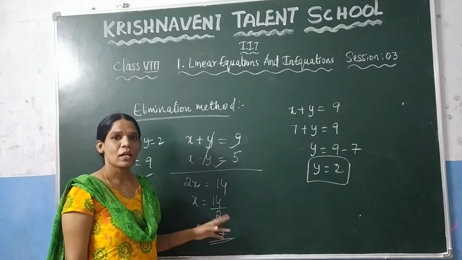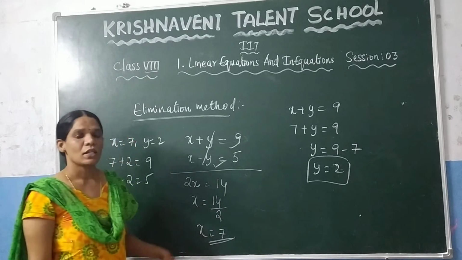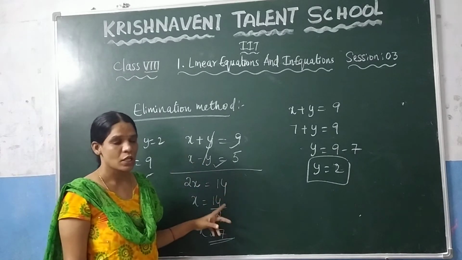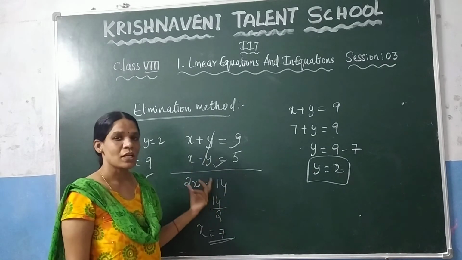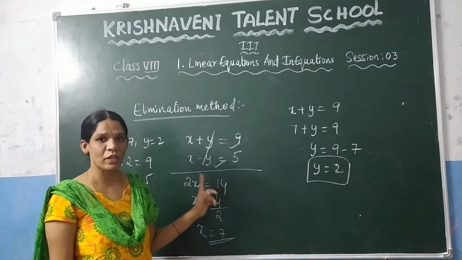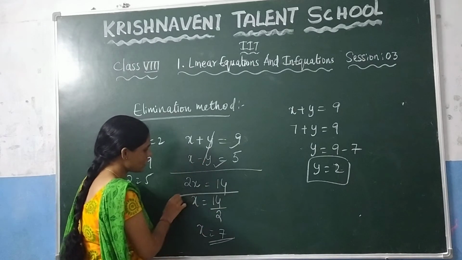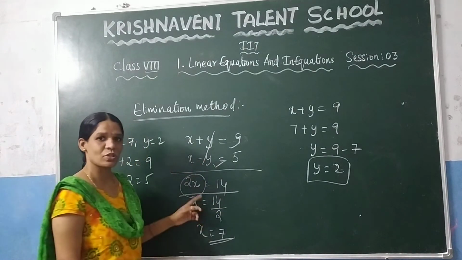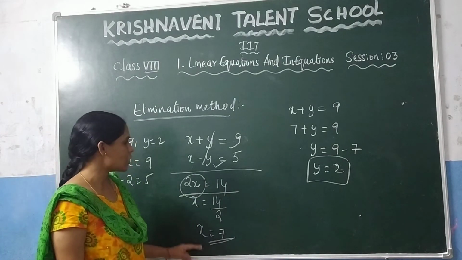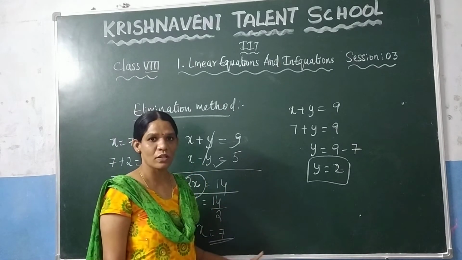This is about the elimination method. What is meant by the elimination method? It is nothing but, if you are given any two linear equations that consist of two variables, you need to eliminate one variable such that you will get a linear equation in the form of one variable. Just as we have eliminated here, you get a linear equation in only one variable, so that you can find the value of the variable and substitute this value in any of the equations so that you can find the value of y.